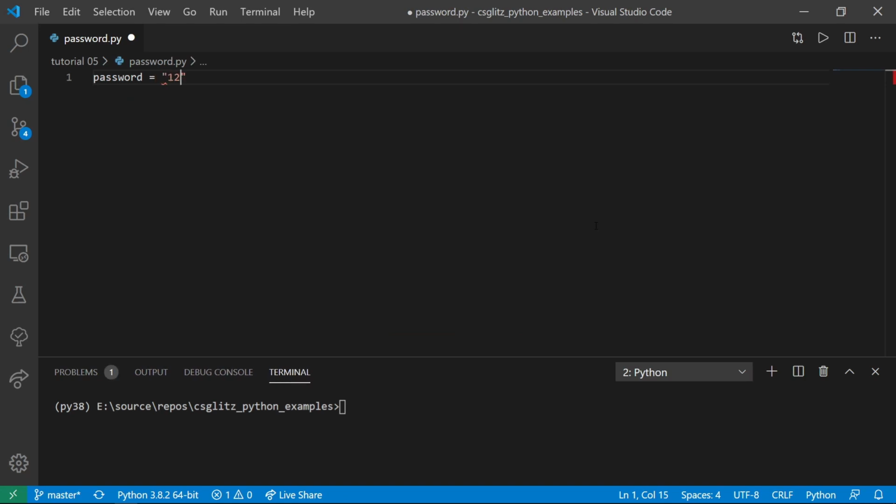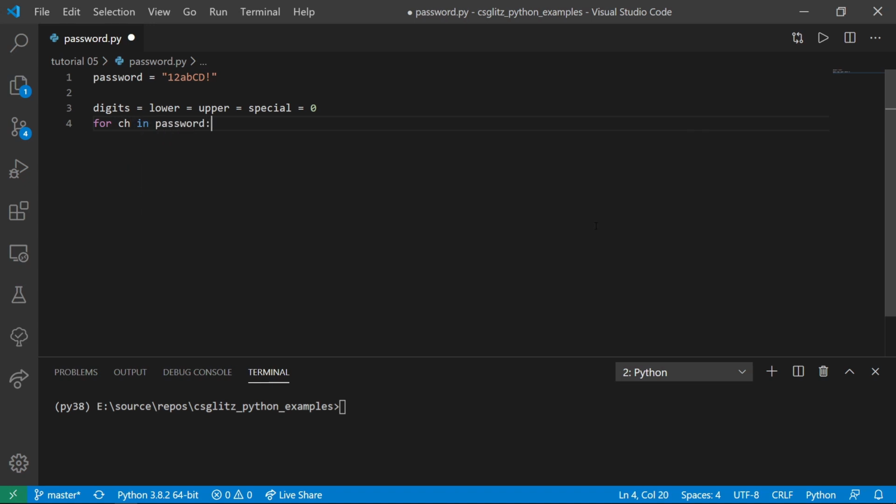Let's write a program to check whether a string can be a good password or not. For a good password, it should have at least 2 lowercase characters, 2 uppercase characters, 2 numeric digits, and 2 special characters.